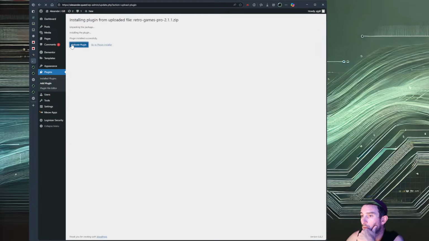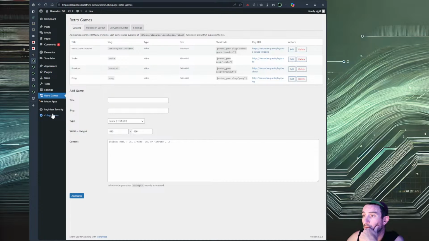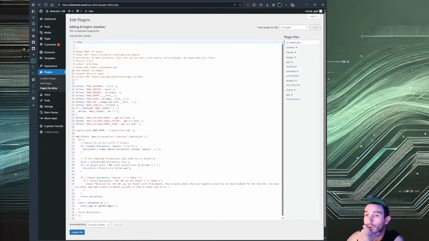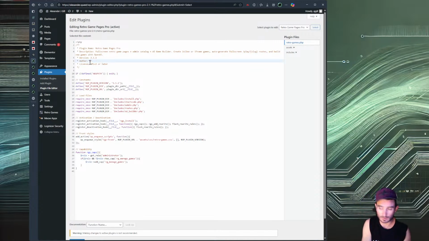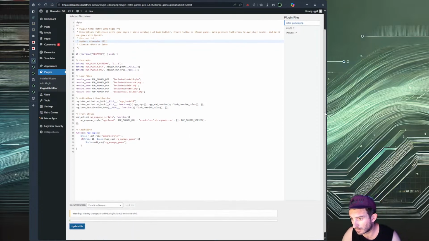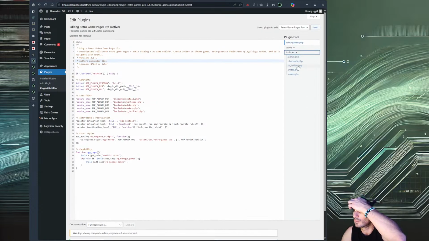Boom. Ooh, that one worked this time. So let's see what it changed in there. I want to go to the plugin file editor real quick. I think it was this one, 211, yeah. We should do this. Alright. So it includes AI Builder.